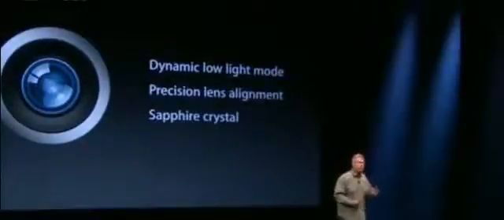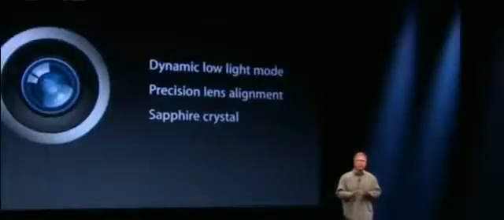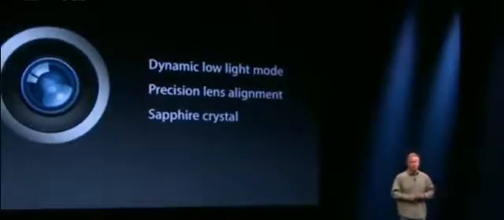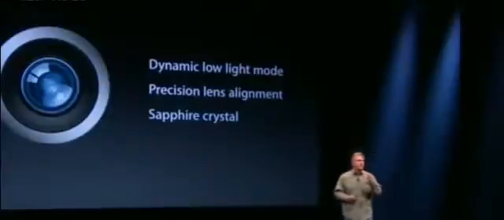A few of the examples of what it has now. It has a new dynamic low light mode. So when you're in low light situations, the ISP senses that and is able to combine multiple pixels together to give you up to 2 f-stops greater performance in those scenarios. And you really see the difference in your low light pictures. And this optical system has been amazing with this 5-element lens. One of the best ways to get a better, sharper image through an optical system is more advanced alignment of the